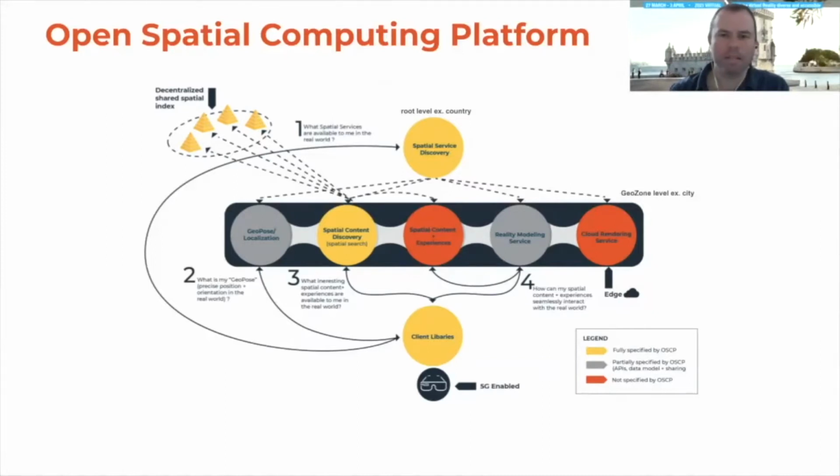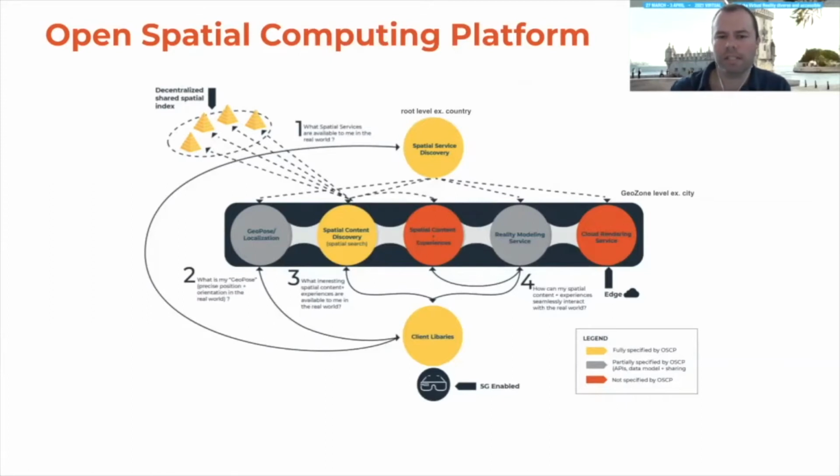You could think about this as being sort of like web search for the spatial web, where we're trying to democratize this idea of search. We want to ensure that anything that is indexed is available to all users who have permissions to see it. So we avoid this idea of silos where you only see content depending on which particular ecosystem you're connected to.